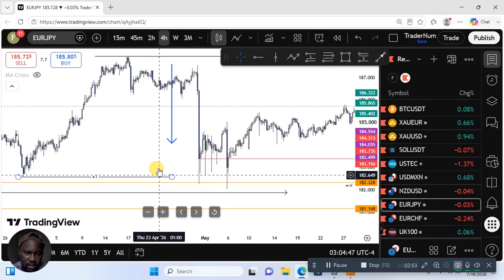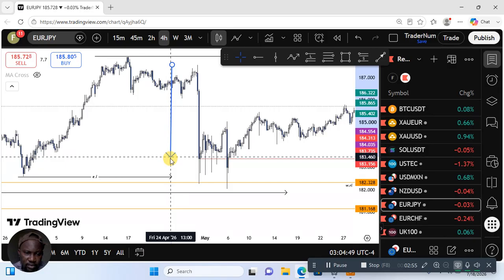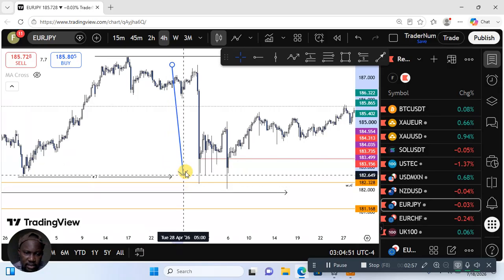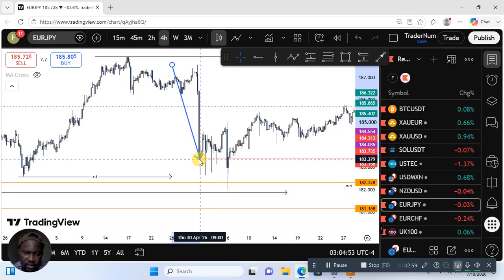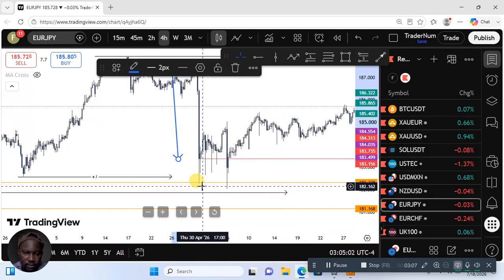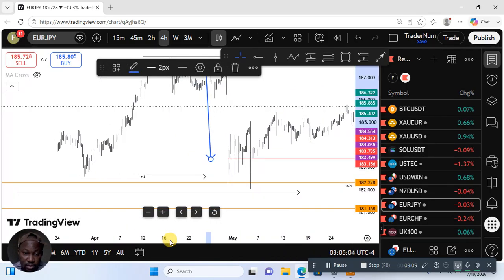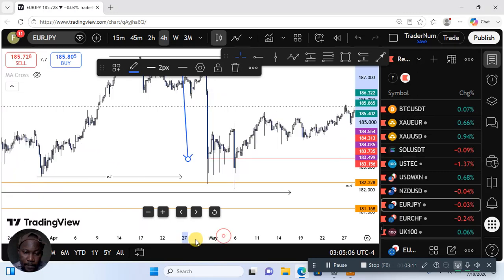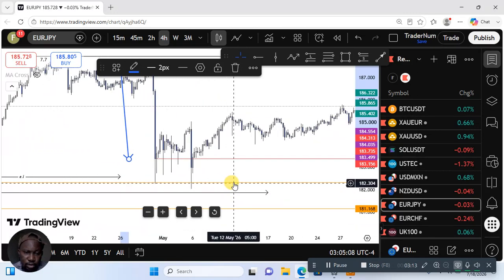We saw how price rejected, tapped and rejected and stopped here, right? At this level. Now when price stopped, what we are waiting for is the break of a 4-hour structure. We want to see a 4-hour break of structure, not a candle break right now. We're looking for a 4-hour break of structure. Now when price stopped here,